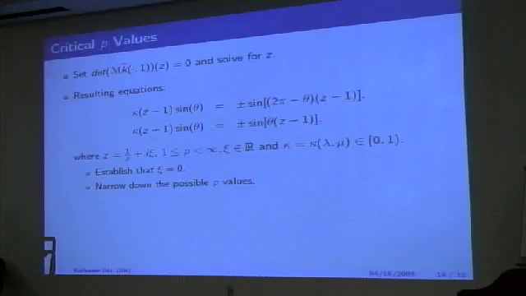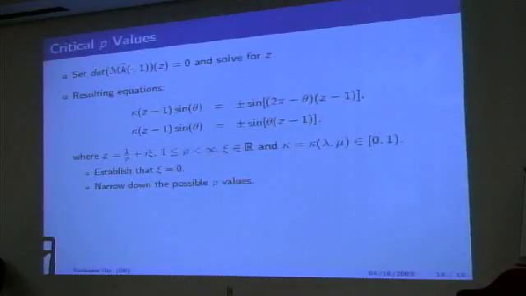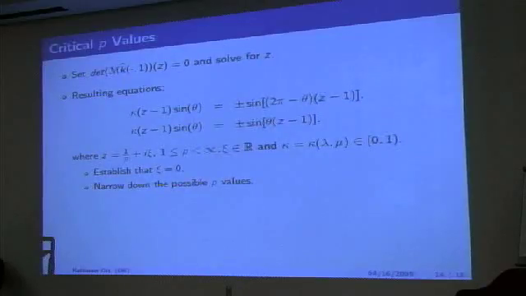And we actually end up with 4 equations after a lot of algebraic manipulations. So we end up with the following 2 equations, with a plus or minus on both, that the determinant will be 0 when any of these 4 equations is satisfied. And this complex number we're looking at, Z, is actually equal to 1 over P, where P is our index of integrability, plus i times C, where P lies somewhere between 1 and infinity, and C is a real number. Focusing on these 4 equations, we're able to first establish that the complex part of Z must be equal to 0, so the only solutions are real valued solutions.